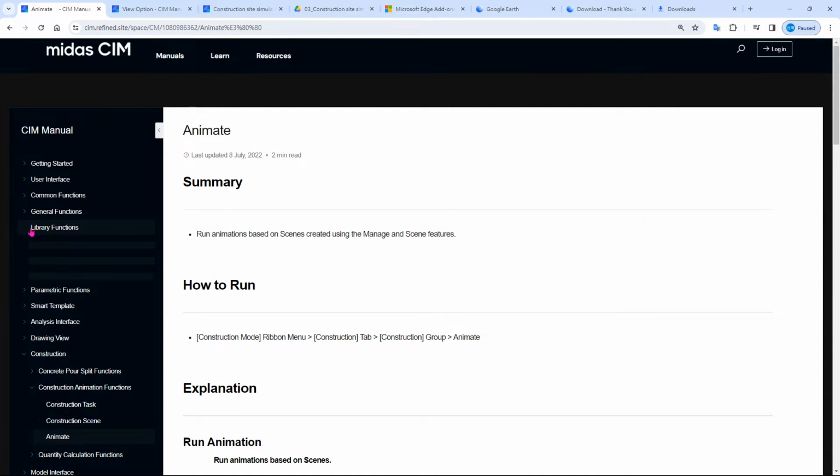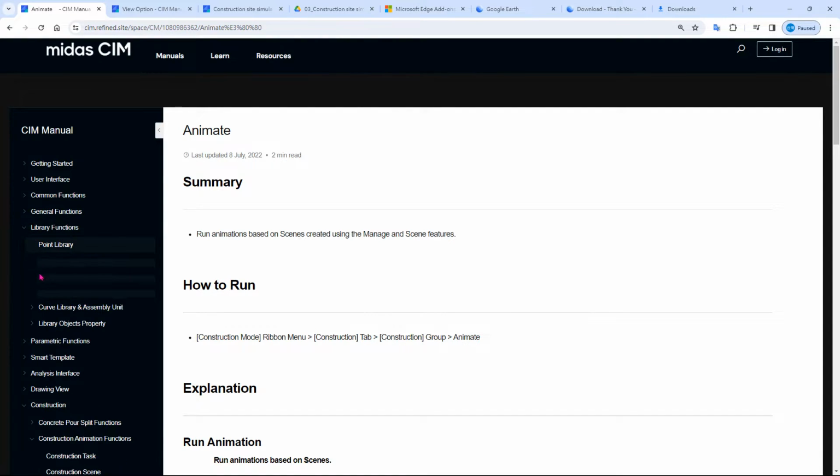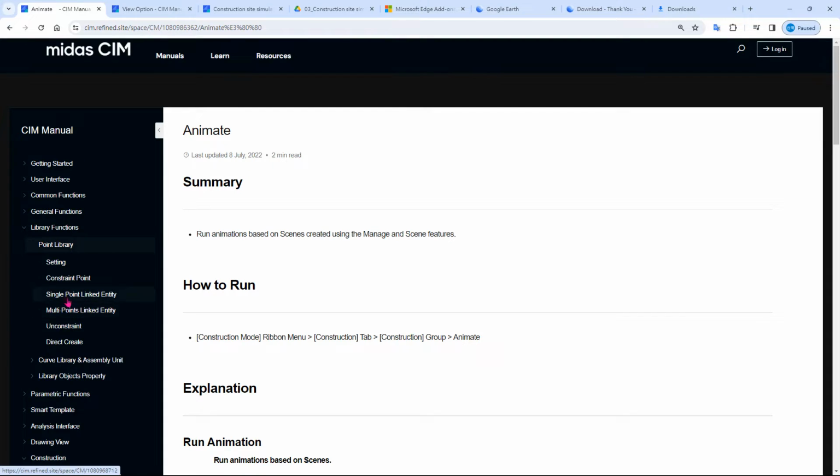Again, this is very complete. You can see the point library, etc. So yeah,